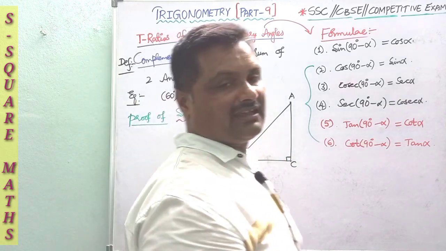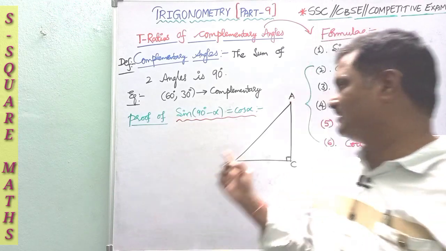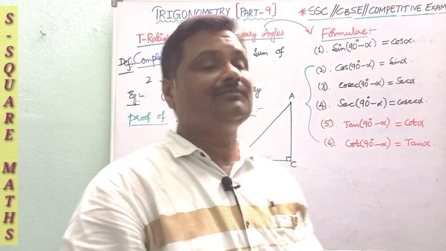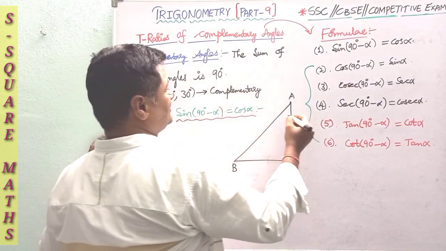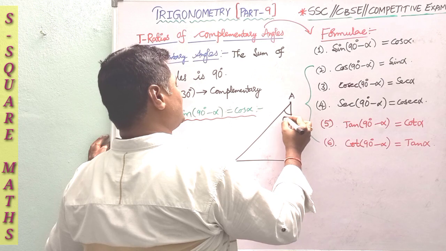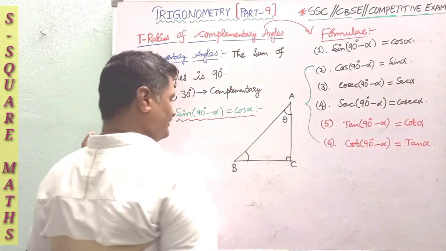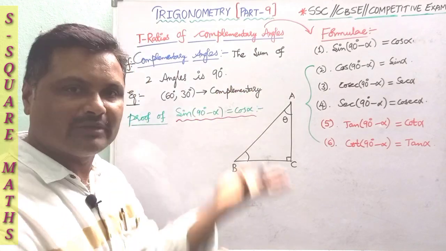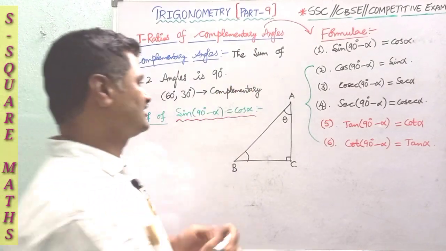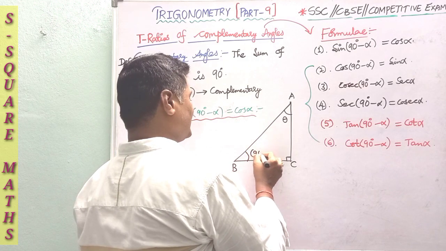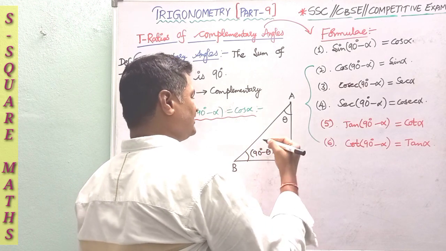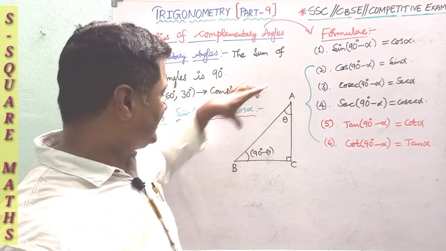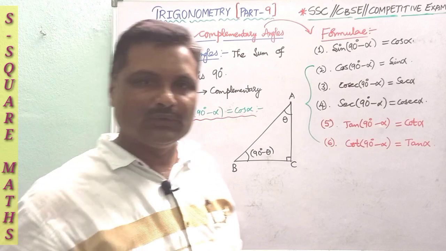ACB or ABC is a right angle triangle here, consider. So now please listen carefully. According to our definition of complementary angles, if this is theta, then since angle C is 90 degrees, A and B should be acute, you know very well. So this is nothing but 90 degrees minus theta. Angle B is an acute angle. So here angle A and angle B are acute in nature.